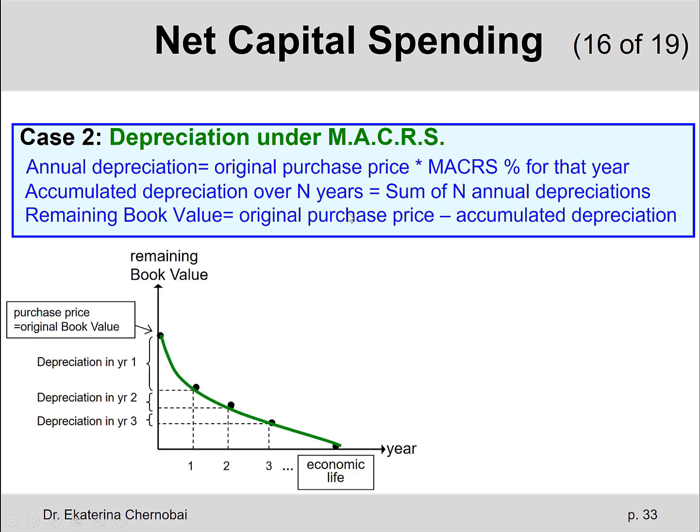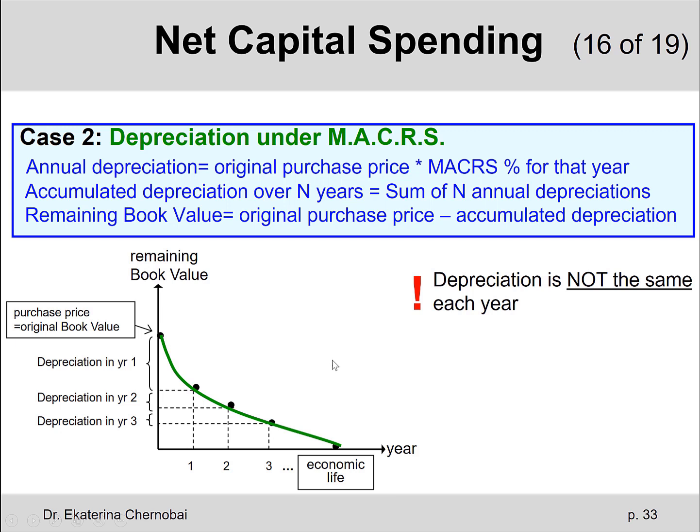The only difference is the depreciation is not the same each year. So it's not the same percentage of original value that would be lost every year. It's a different percentage. The part of the term accelerated refers to the idea that a lot more value is lost early on when the asset is put into use than later on towards the end of its economic life. So we don't get a straight line between the remaining book value points.